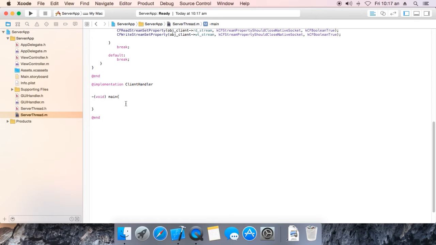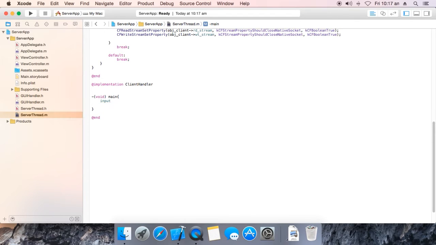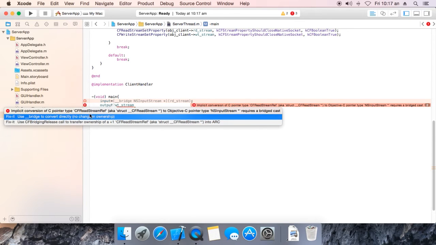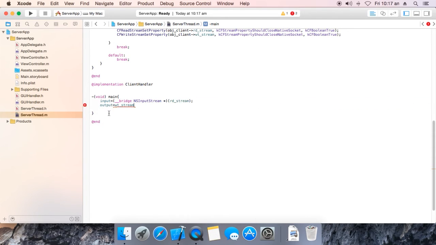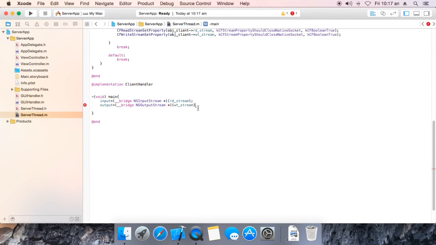we are going to first initialize input is equal to ReadStream. Okay, output is equal to WT_stream. Okay, bridge it and also define bridge. Okay,